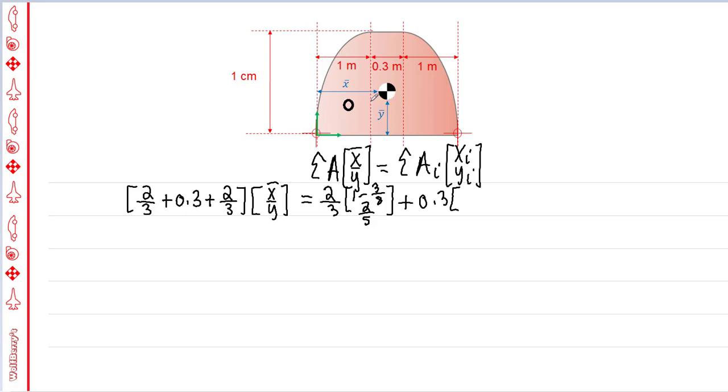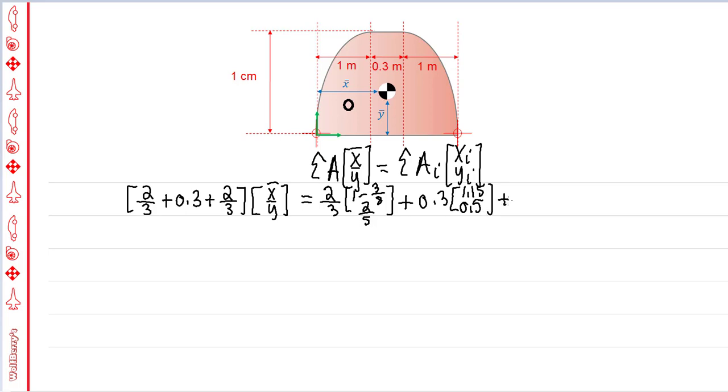So 0.15 plus the whole length here, which is 1. 1 plus 0.15 is 1.15. So x bar is going to be 1.15. Now y bar for the rectangle is going to be half of this length, like we found earlier, 0.5. Going back to the axis is the same line anyway, so it's going to be 0.5. So 1.15 for x, 0.5 for y, plus,